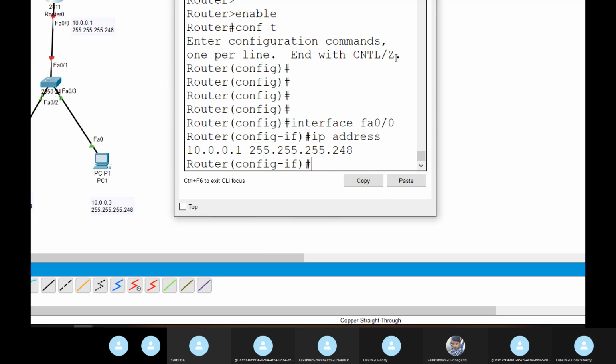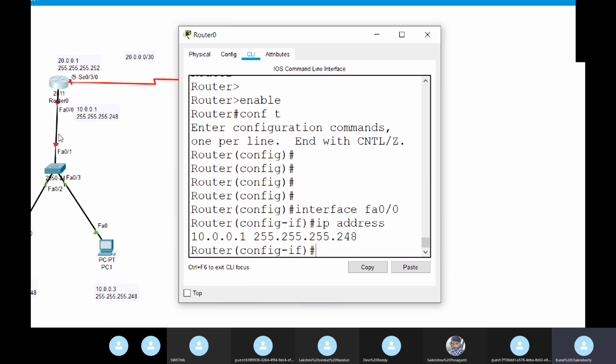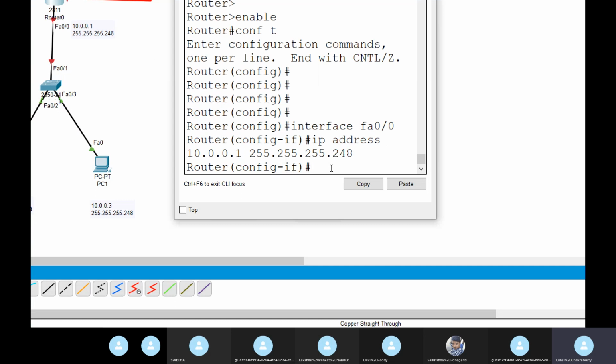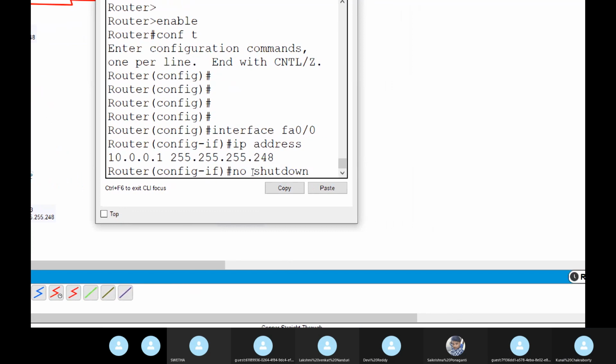Now you can see this network is down, no? It's red. So we need to assign one command to make it up. So what is the command? No shutdown. To make a network down, shutdown.